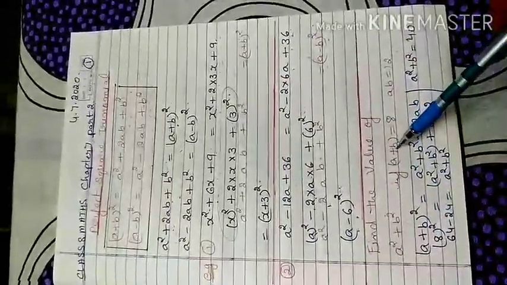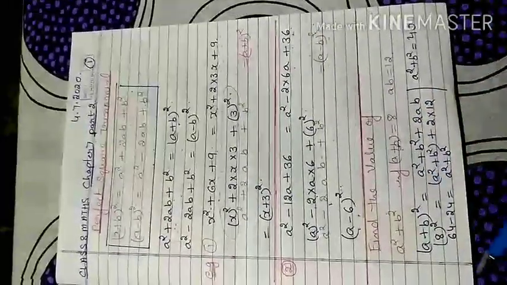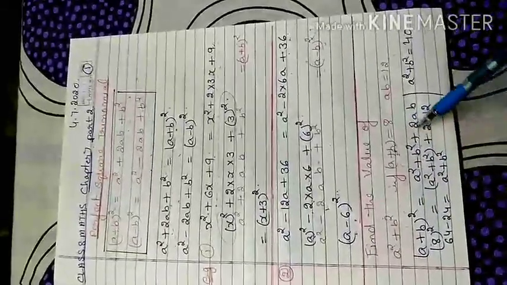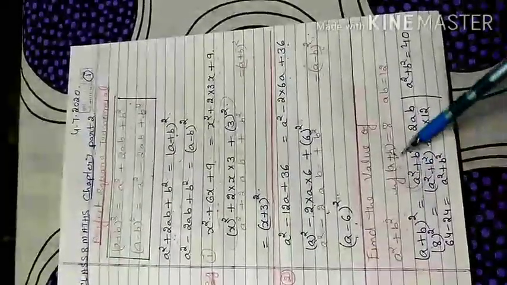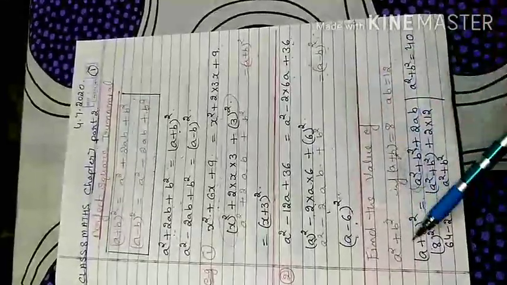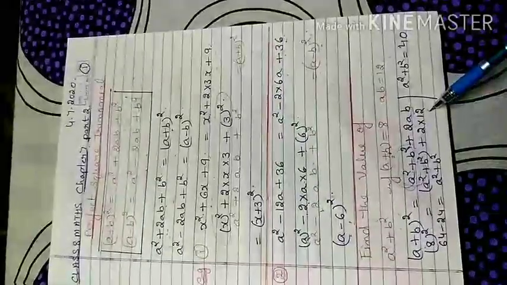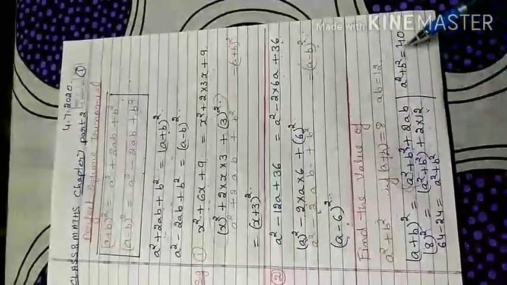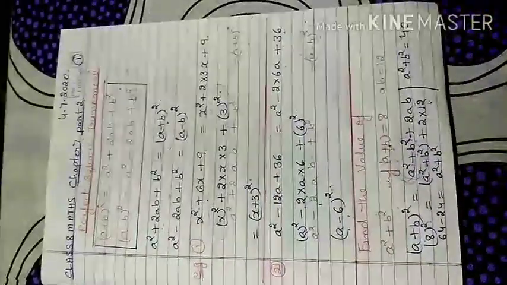If a plus b is here, that means a plus b comes in my formula (a plus b) whole square. If I write the formula, (a plus b) whole square equals a square plus b square plus 2ab, so I have to find this value. I make a circle around the one I have to find. No need to separate that one. The value of a plus b is given as 8 and ab is given as 12. 12 into 2 is 24, 64 minus 24 gives me 40. So my required answer of a square plus b square is equal to 40.